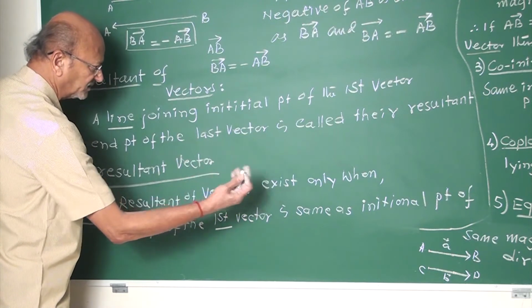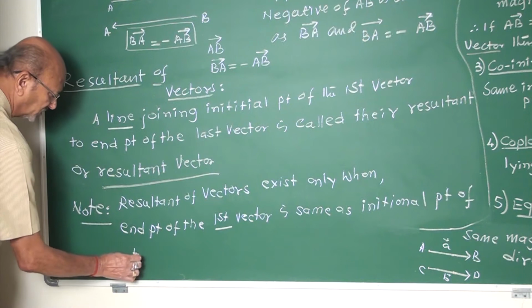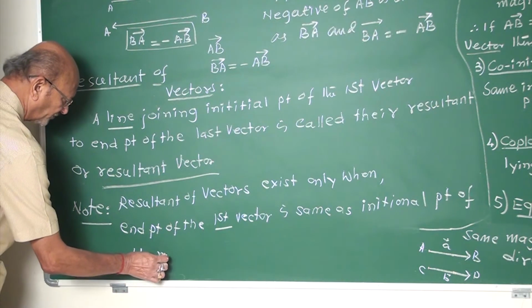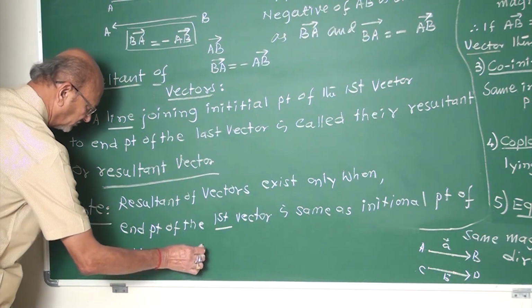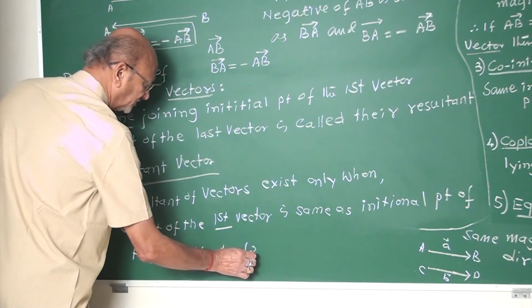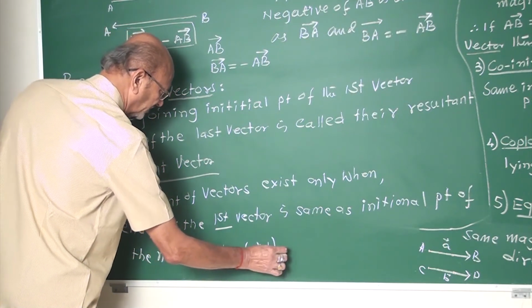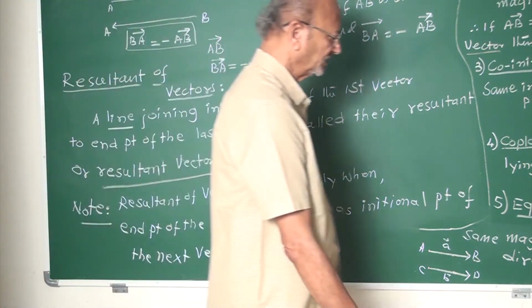What is the next vector? Second vector, third vector, and so on. If you represent with a diagram,